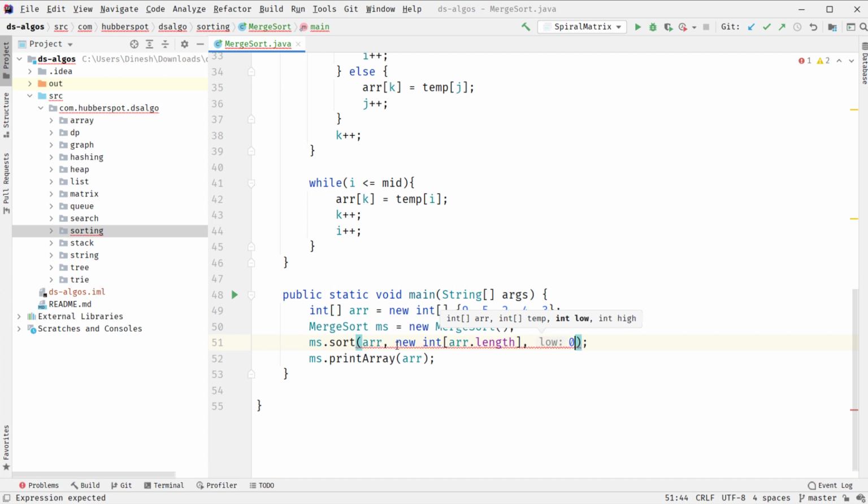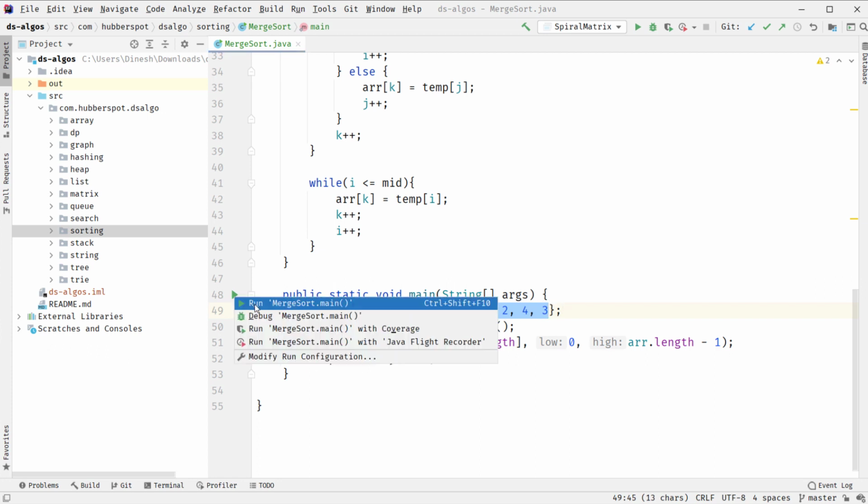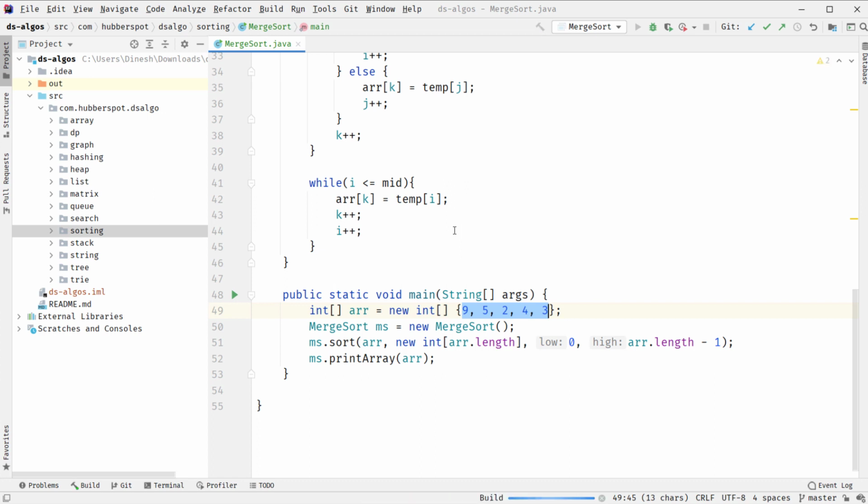We pass low as 0 and high as array.length minus 1, because at the start low is at the 0th index and high is at the last index, which is array.length minus 1. After doing the sort, we will print the array and see whether these 5 elements are actually sorted or not. If I run the main method,